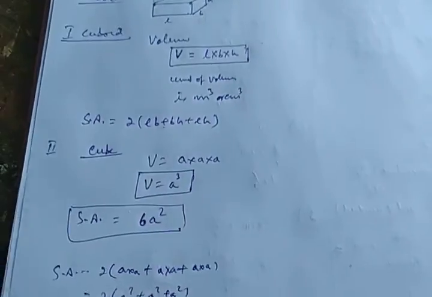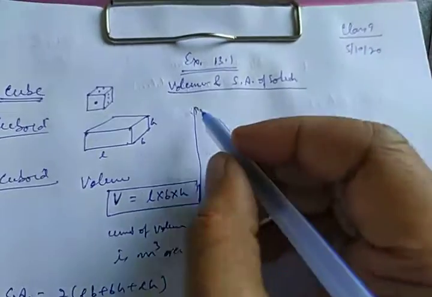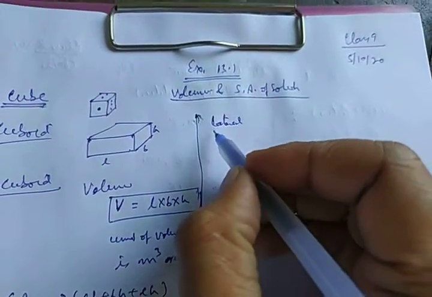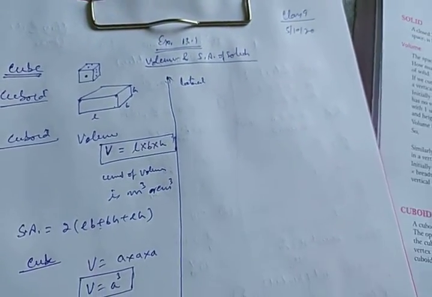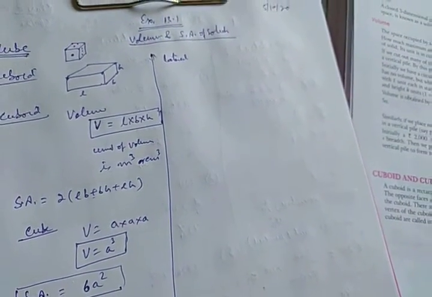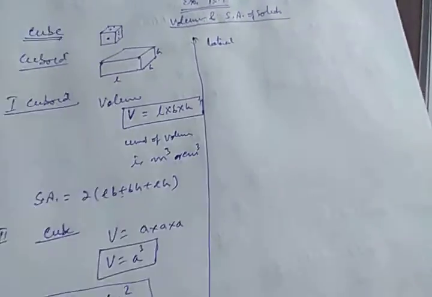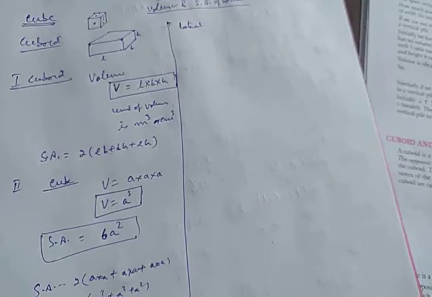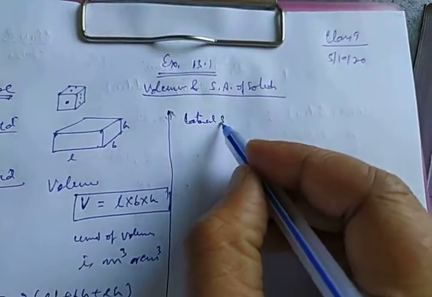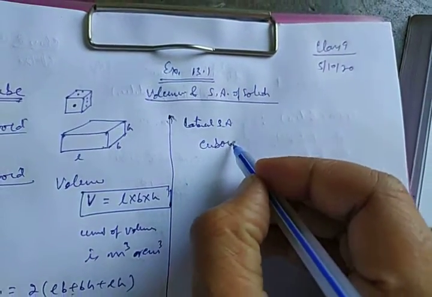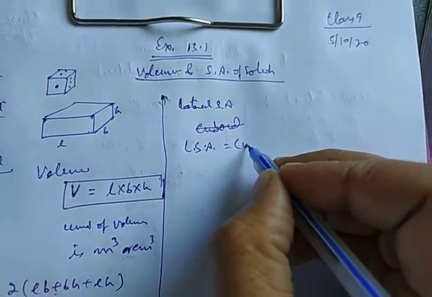There is one more thing, lateral surface area. What is lateral? Lateral means the vertical surfaces, you can say. In case of room, if you are taking example of a room in the shape of cuboid or maybe the shape of cube, then area of walls will be considered as the lateral surface area because it is in vertical position. Surfaces which are vertical to the base are called the lateral surfaces. That's why the lateral surface area. The lateral surface area of cuboid, you can say it LSA, lateral surface area of cuboid.